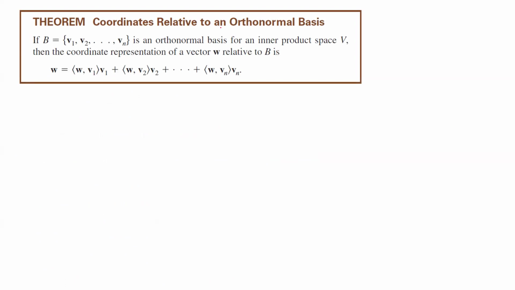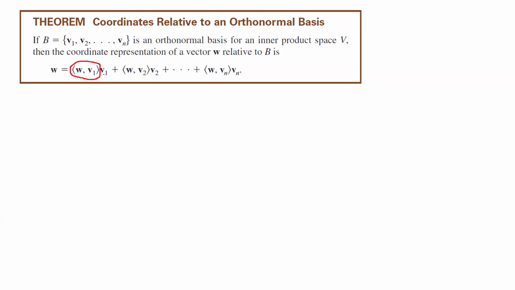Coordinates relative to an orthonormal basis. Suppose B is a collection of vectors v1, v2, up to vn. It is an orthonormal basis for an inner product space V. Then the coordinate representation of a vector like w relative to B is w equal to the inner product of w and v1. Remember that these are all